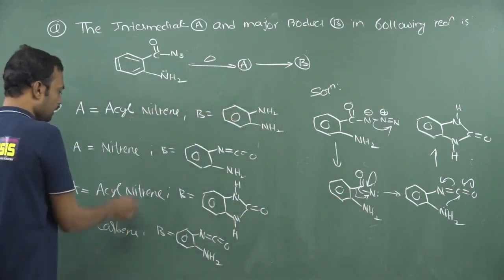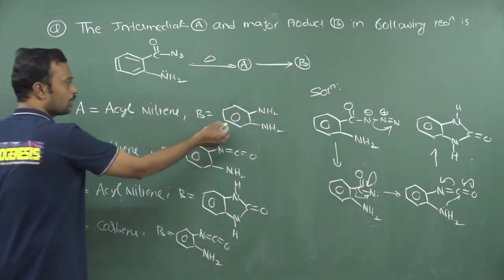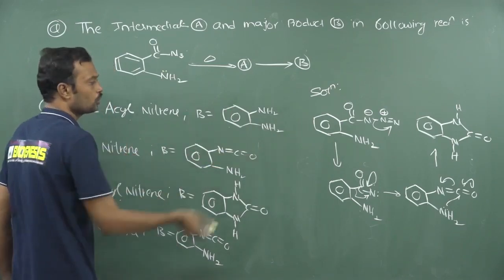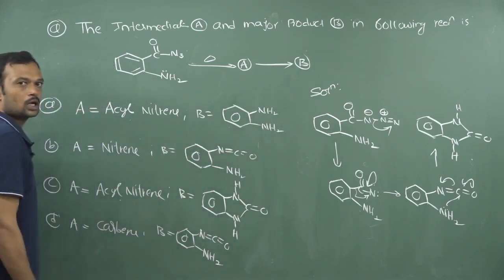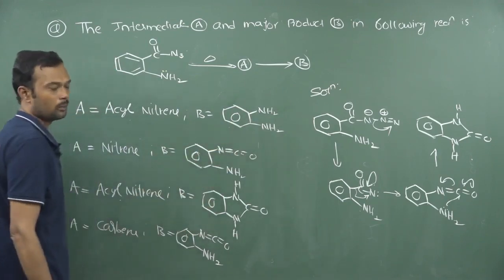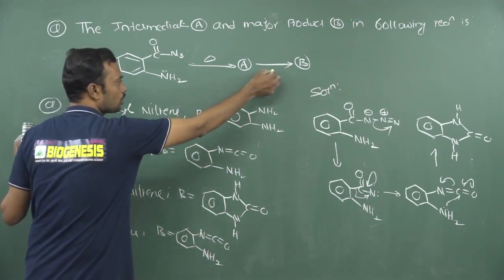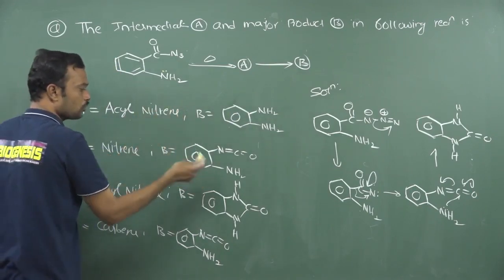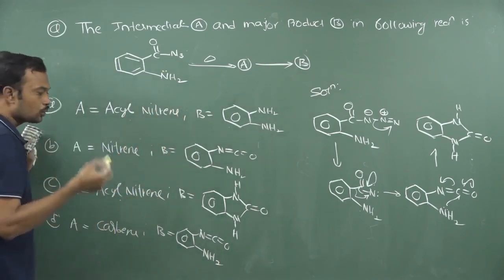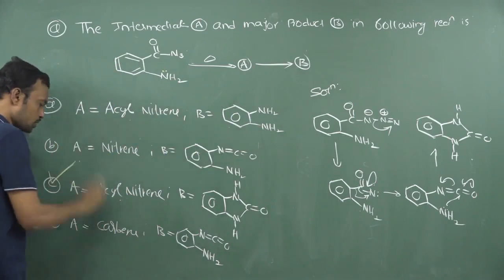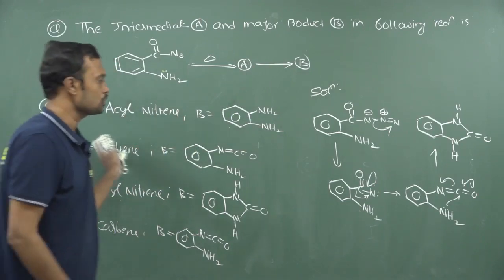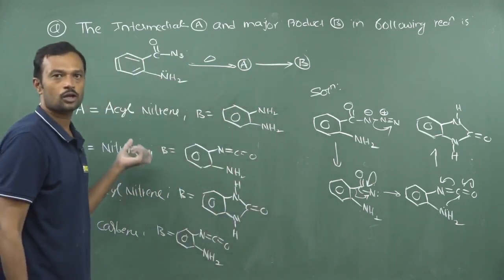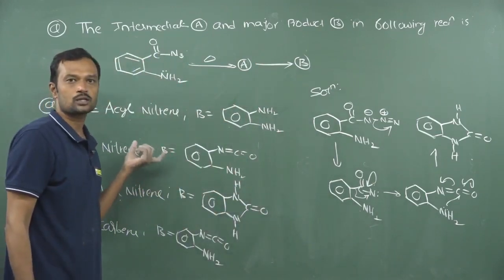So acyl nitrene. Okay. Here, if you use any polar compound, any water molecule, you will expect this kind of product, carbamic acid to the corresponding amine. But we are not using any kind of polar solvent, water, or alcohol like that. We are using only a primary amine. Okay. So definitely you will expect a urea type of derivative. That is your answer C. So this is the question which was asked in the CSIR examination. Hope you understand the various applications involved in the Curtius rearrangement.